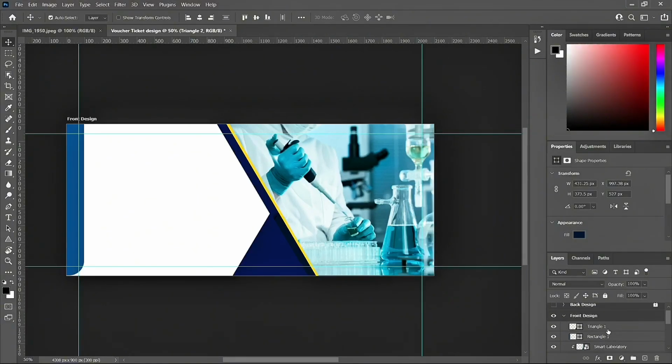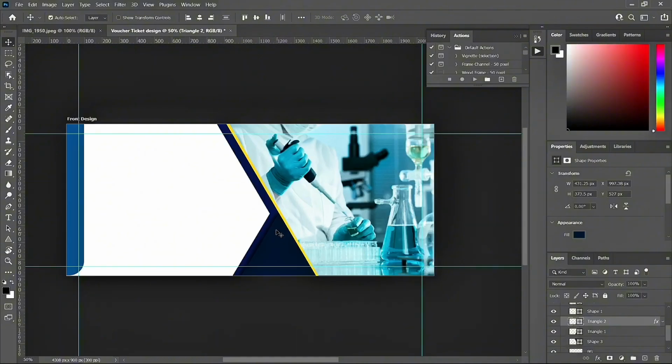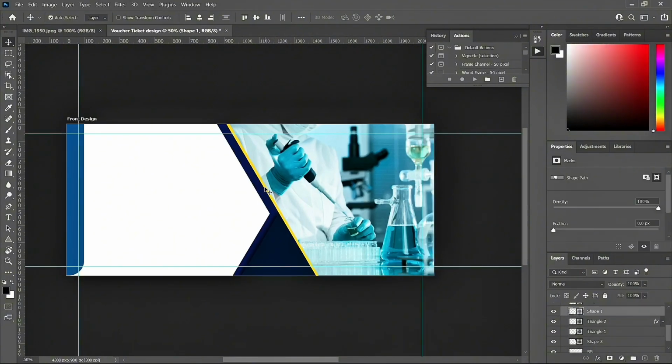And I'll go for the triangle 1, bring it under the triangle like so. We have 2 and 1 under the shape 1. So now we don't see the shadow again because this triangle is now under these two shapes. So this is okay. All right, so now let's give the yellow shape also a shadow